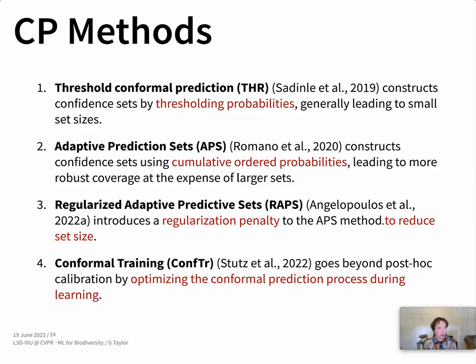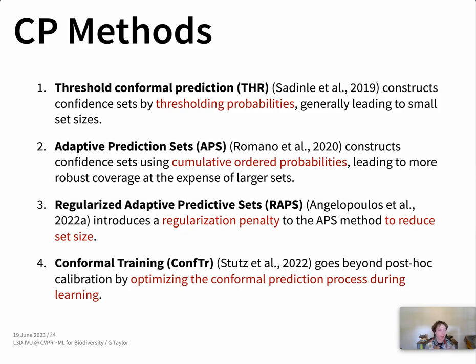So there's a variety of different methods for conformal prediction. The framework is actually quite general. While it can be used to build set value classifiers, it can also be used to produce regression models and be used for time series predictions and all kinds of other machine learning tasks. We've been focusing on classification, and we've been focusing on these 4 methods. So the threshold conformal prediction method is very much like the baseline method we considered before. It constructs confidence sets by thresholding probability. So anything beyond some probability at the softmax, those classes get thrown into the set, and that threshold is chosen based on a held